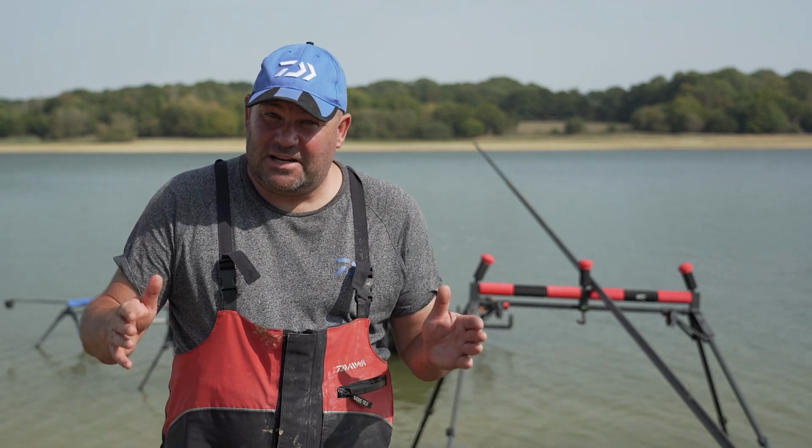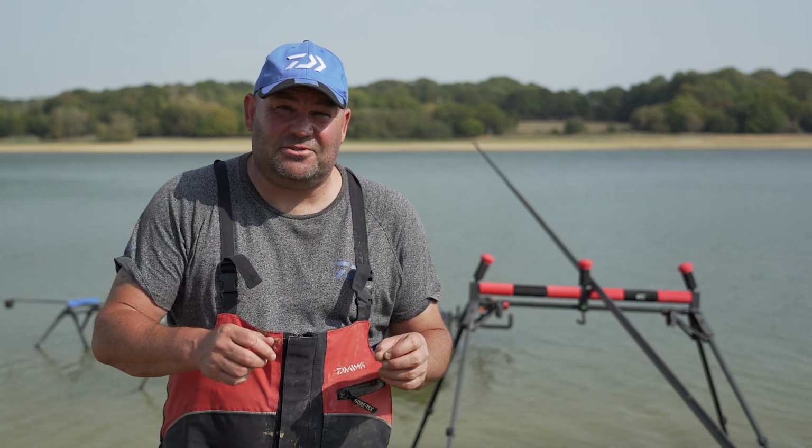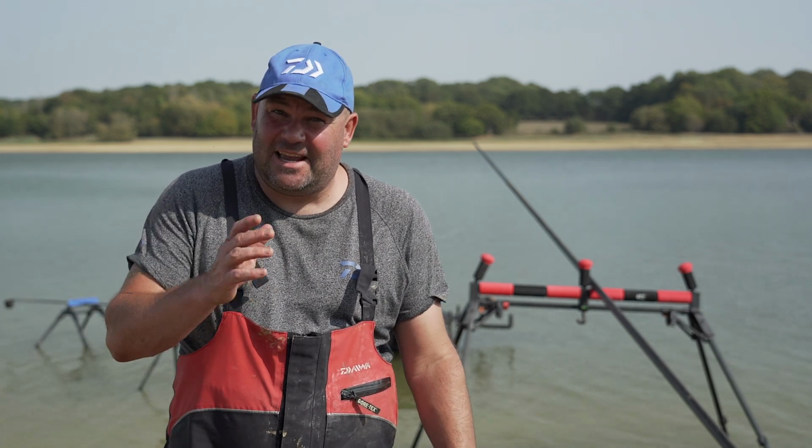of rigs set up. When you see these good top anglers fishing for F1s and carp, they'll have 6 or 7 different rigs set up, different length lines from tip to float, but also different depths. When I fish for F1s, I quite often have a rig set at 6 inches, one at 10, one at 12, and then one at 16. And that enables me to swap and change literally at the drop of a hat and keep in contact with